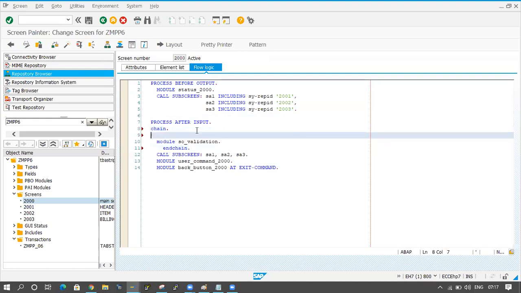After that, if some error is coming, then all the fields will be in disable mode only. So we have to keep them in enable mode. So you have to maintain the fields here. What is the field name? LV_VBELN.